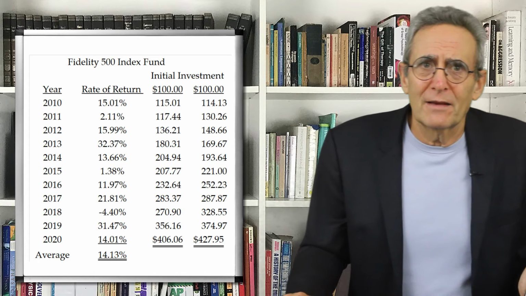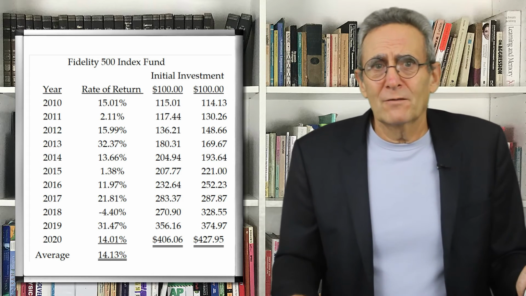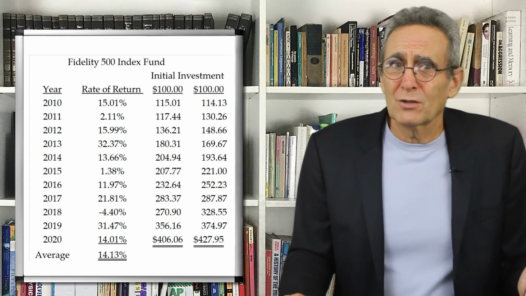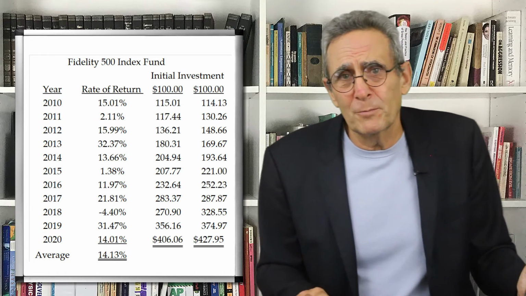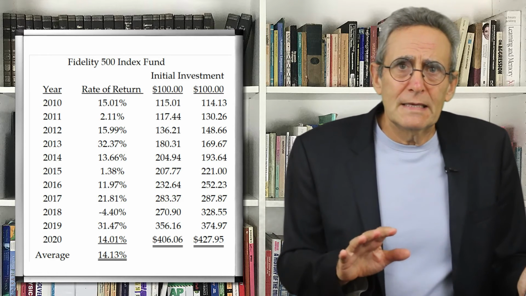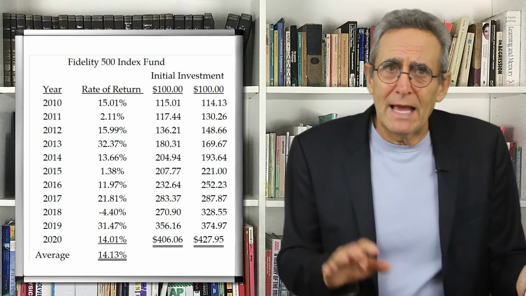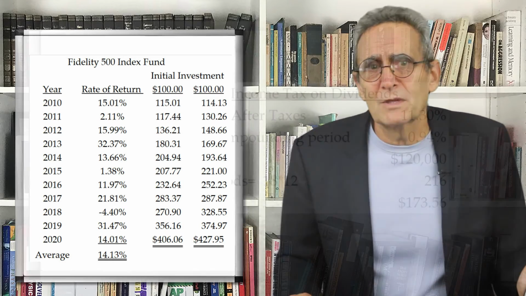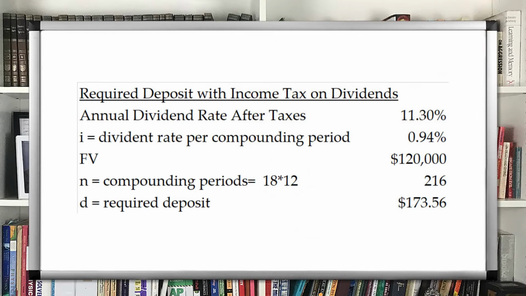Now, as parents looking at funding a college fund, an average 14% or so return looks a whole lot better than a paltry 3%. So let's assume that these equity returns are taxable, again at a rate of 20%. This would leave us with a tax-adjusted return of 11.3%. So plugging this into our formula, the monthly amount needed to be set aside would be about $174 per month. This compared to the $446 per month needed with the 3% investment would make the investment decision seem like a no-brainer.